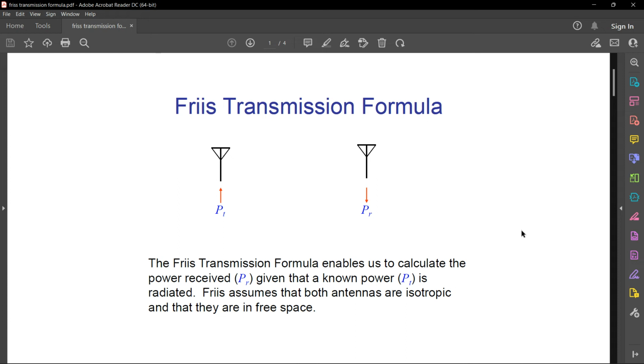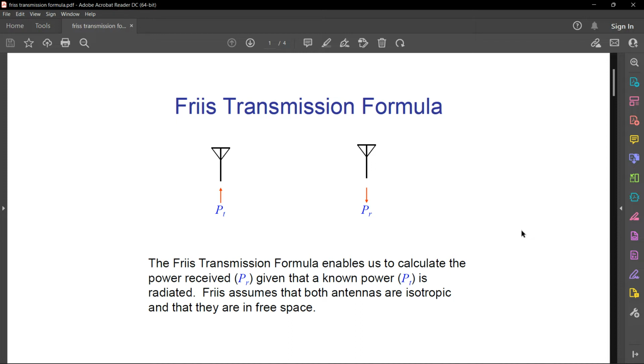It can be applied over antennas where the power has to be calculated. So the Friis transmission formula enables us to calculate the power radiated given that a known power is radiated. In the Friis transmission formula, we can find both power transmitted as well as power radiated with any one of the known components. And Friis assumes both antennas are isotropic, that means ideal in its characteristics, and that they are